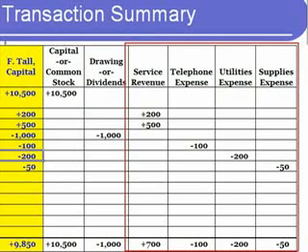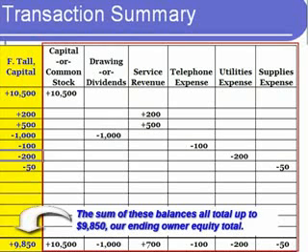If we had used these accounts in our problem, our owner equity accounts would appear as shown here, and we would have separate balances in each of them. These individual balances all add up to the ending owner equity for our business, though. That's the $9,850. Having taken a look at these accounts and their balances, let's now return to our single owner equity account